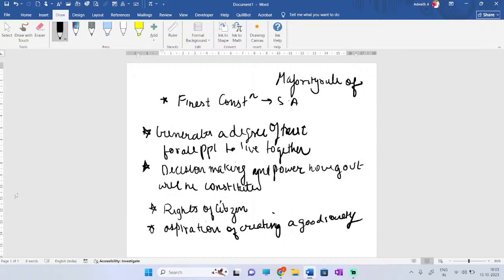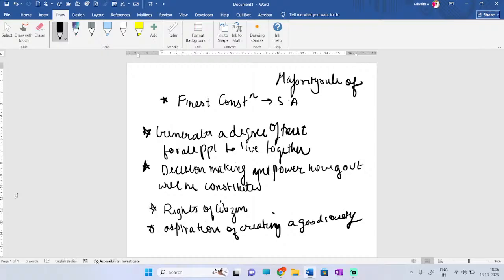The assembly was dominated by the Indian National Congress, the party that led India's freedom struggle. But the Congress itself included a variety of political groups and opinions. The assembly had many members who did not agree with the Congress in social terms too. The assembly represented members from different language groups, castes, classes, religions, and occupations. Even if the Constituent Assembly was elected by universal adult franchise, its composition would not have been very different. Finally, the manner in which the Constituent Assembly worked gives the Constitution its sanctity.